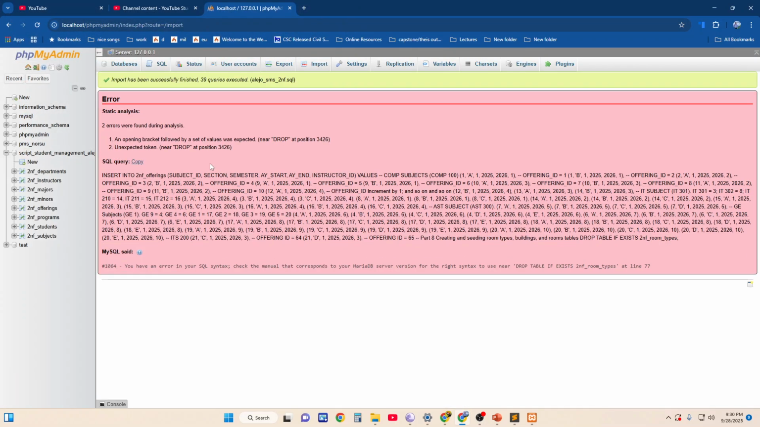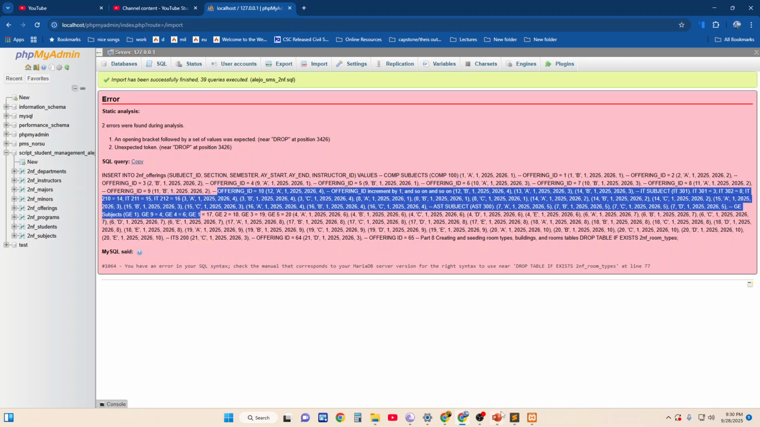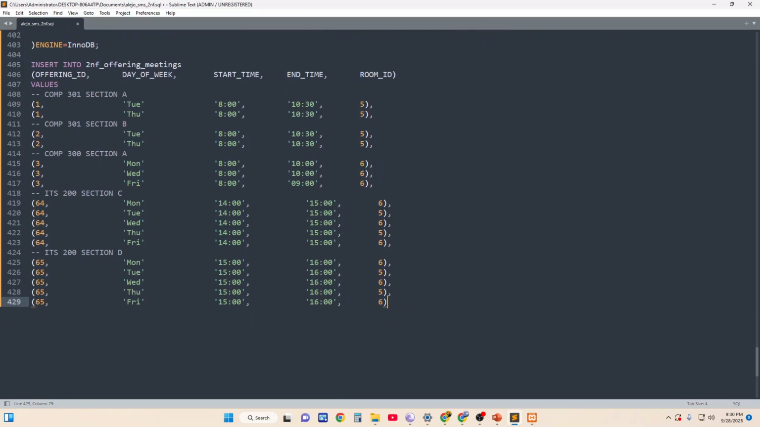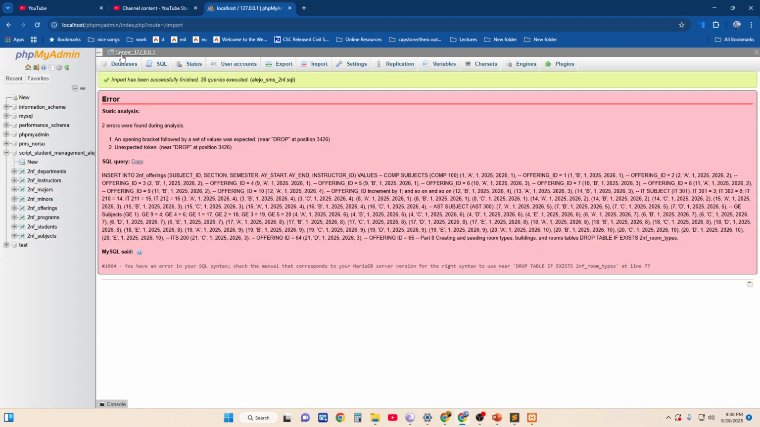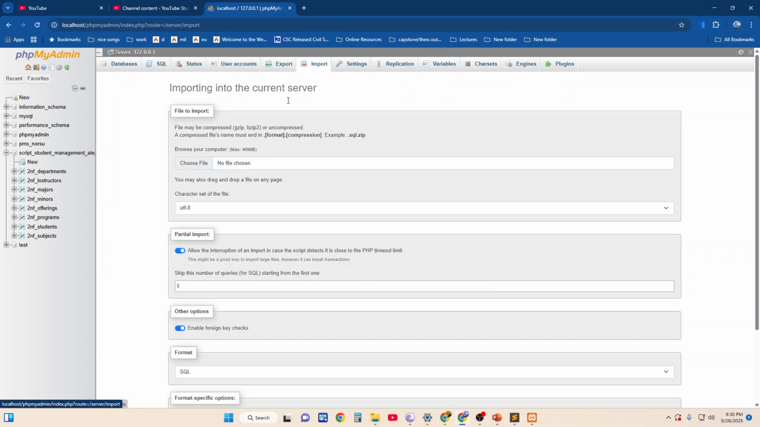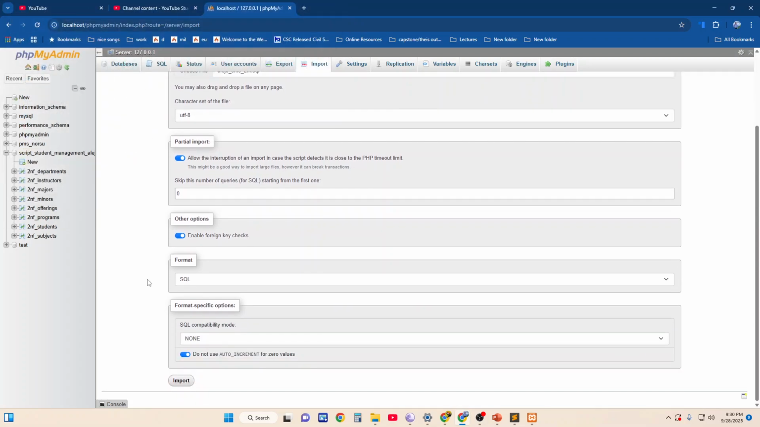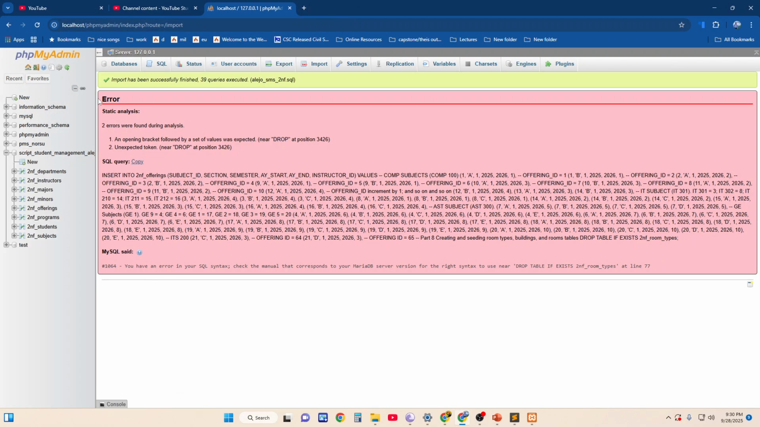Okay, it's still the same, having an error. In here, I guess we don't have that one, so we have to save it again. Open another browser, import, choose file, documents, and go to your file and import. Still the same. I guess we have changes